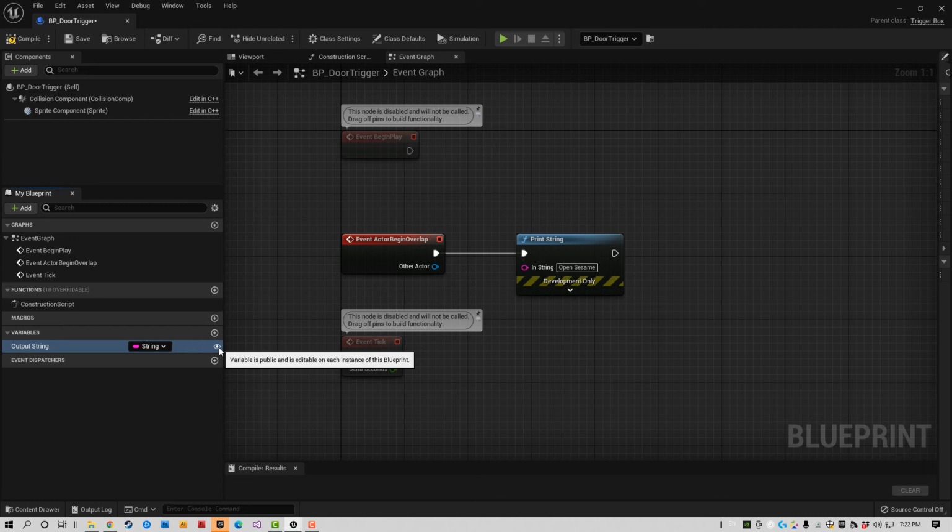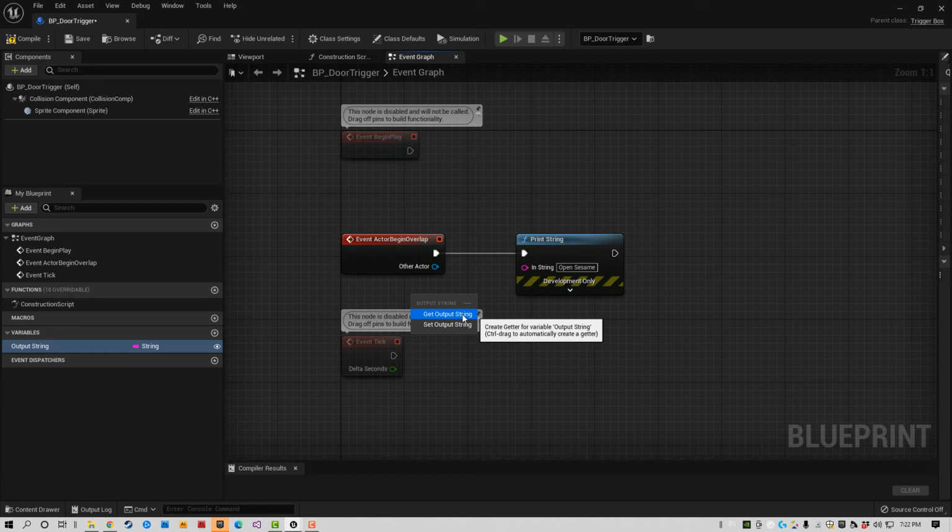If I'm going to use this string value inside of my game, I need to select it and drag it out into the world. When I let go to drag it into my event graph, I have the option of either getting the output string or setting it. Setting it allows me to put a new value in there. Get allows me to read whatever value is in there. I want to read the value that's in there, so I'm going to get my output string,